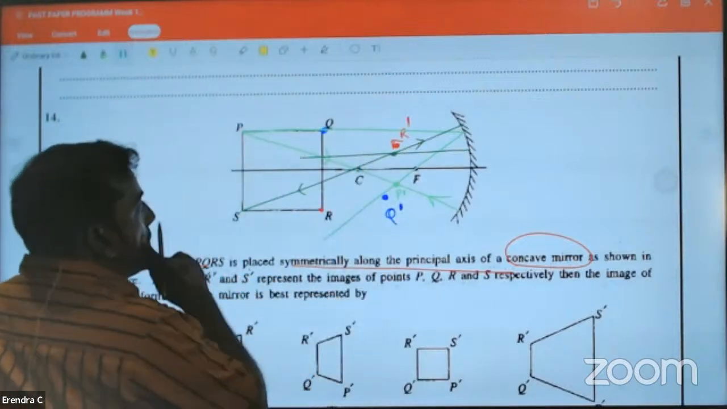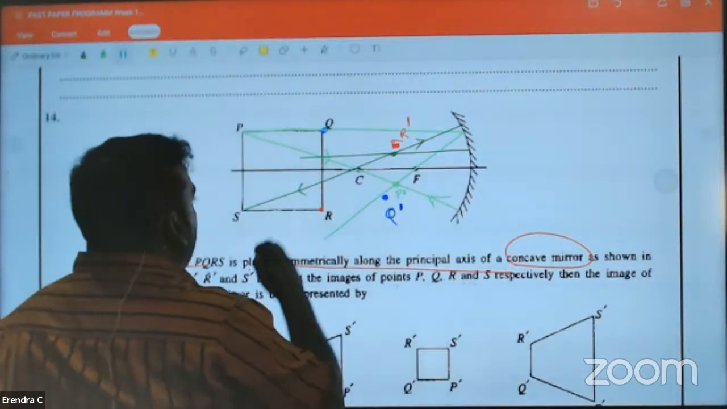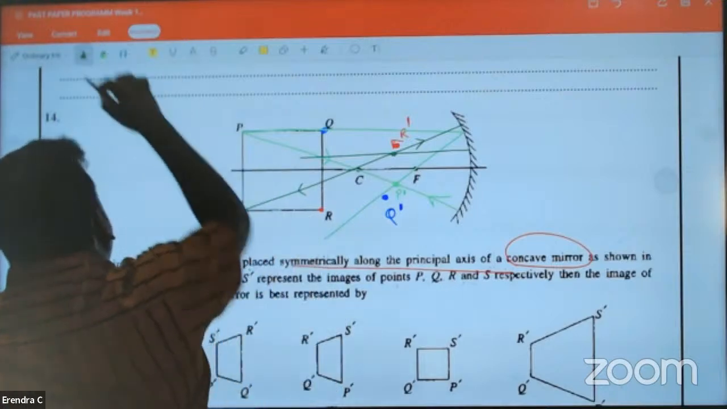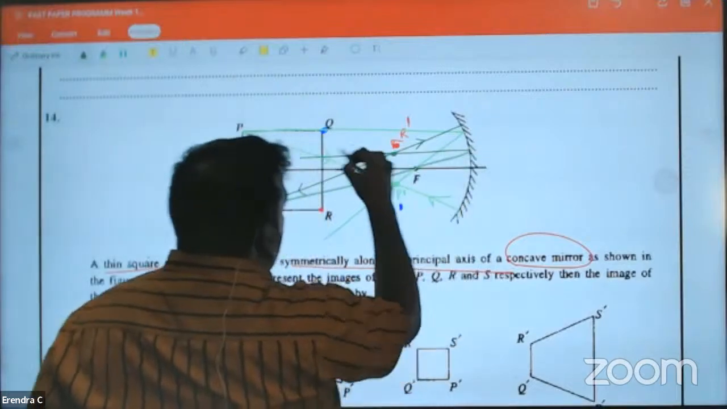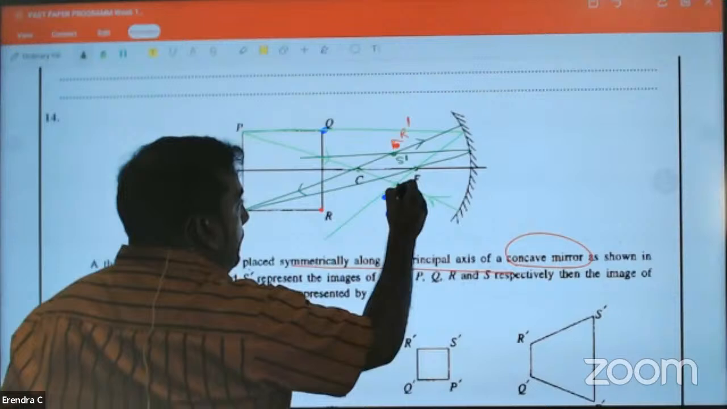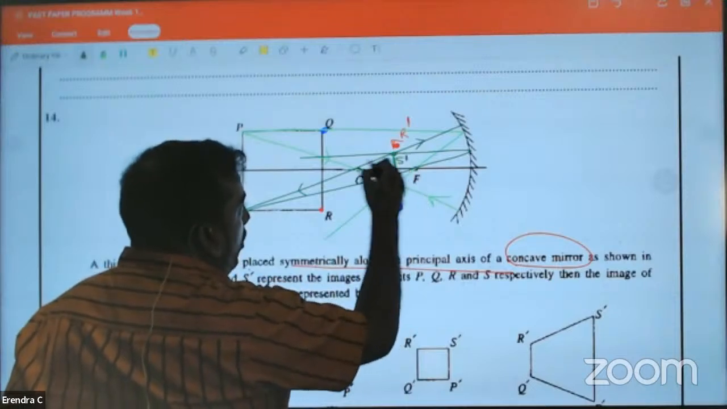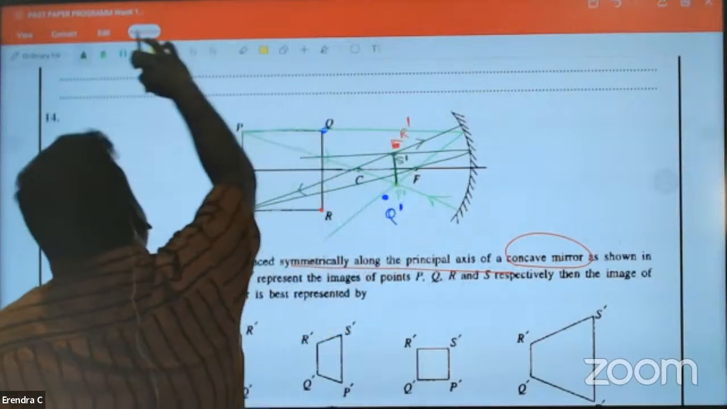S dash. Okay. One ray I forgot. Here the ray, right? Going through the focal goes parallel. S dash here. P dash, S dash is smaller, you can see. I didn't draw this perfectly, but